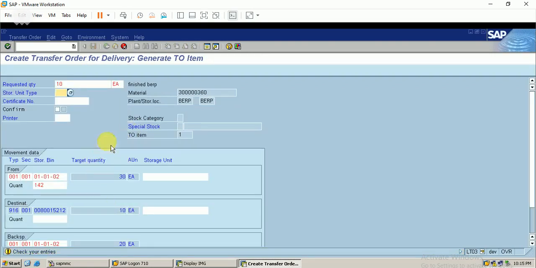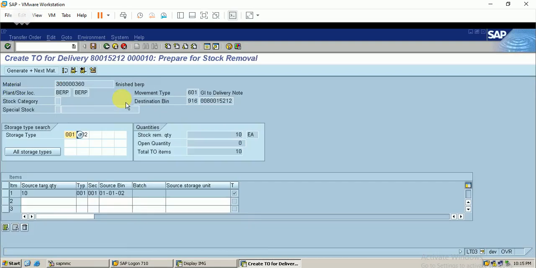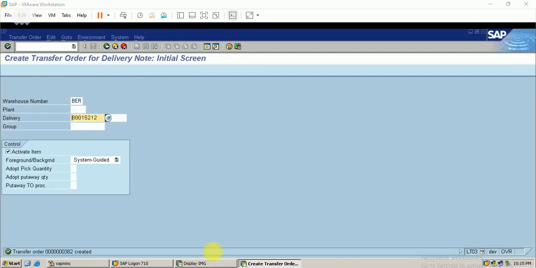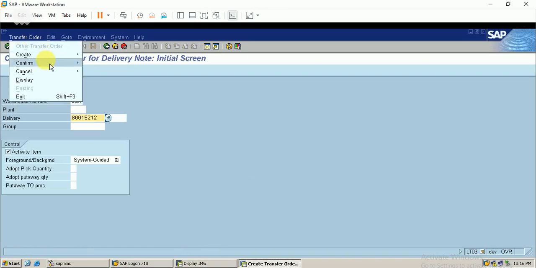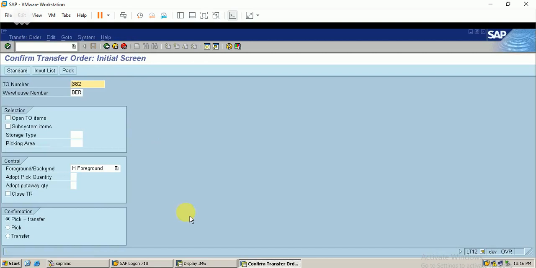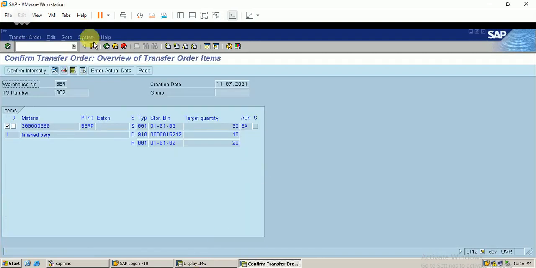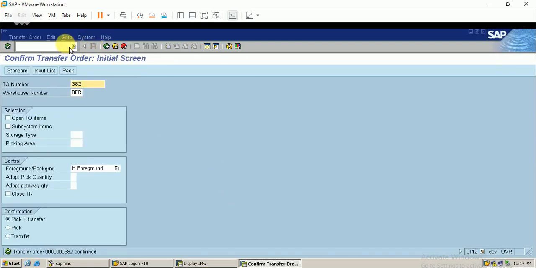Okay, I have picked. Just save this. Just confirm the transfer order.